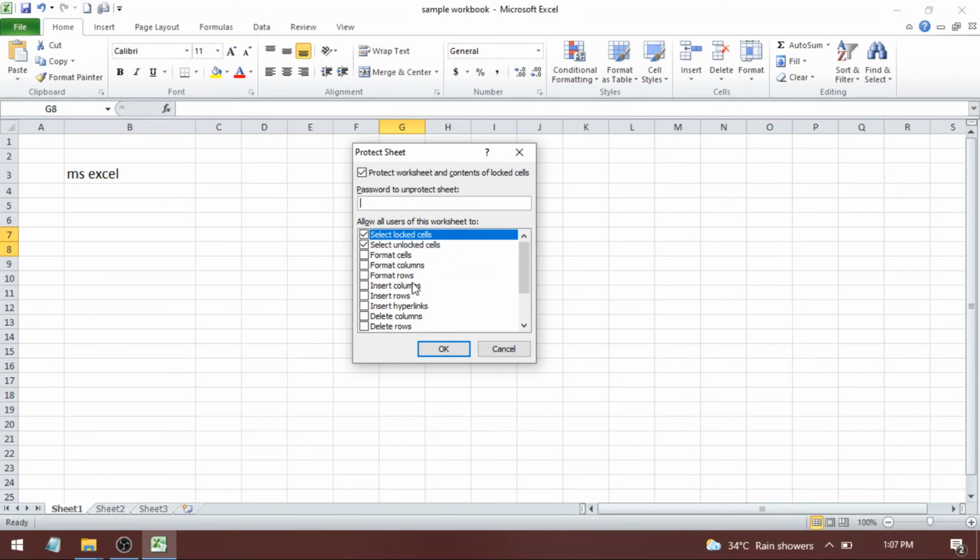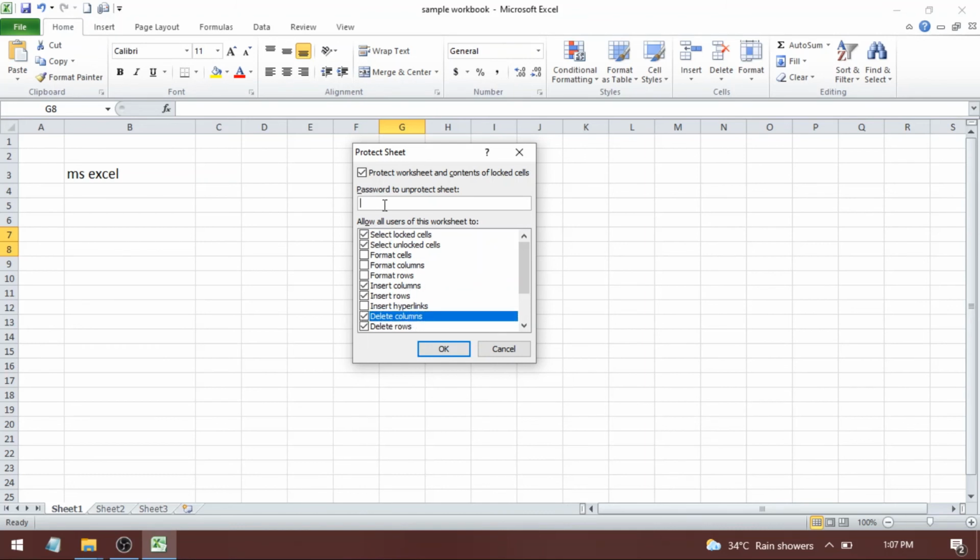Suppose your sheet is locked but you still want the user to insert rows, insert columns, right? Then let's say delete rows and delete columns. Then you can check mark on these options and click OK. I hope you would have understood. Under the Protect Sheet dialog box, while you are entering your password, you have the flexibility, an option to allow the user what all activities they can do while the sheet is still protected. So this is a wonderful option to practice, right?